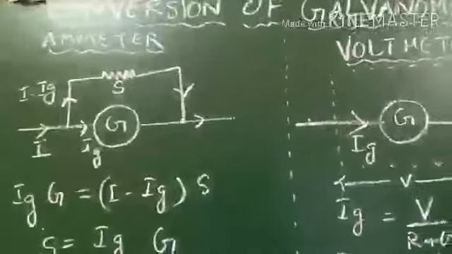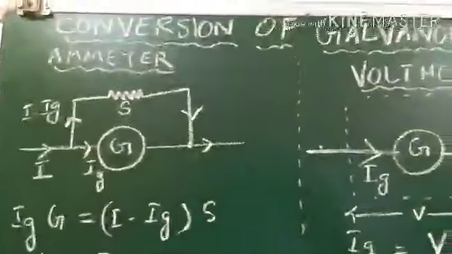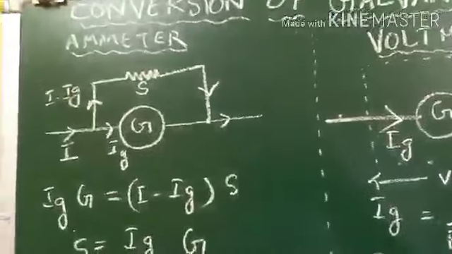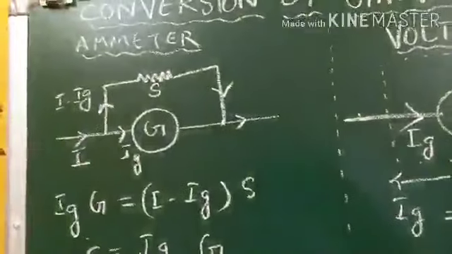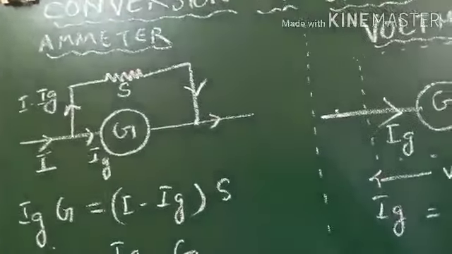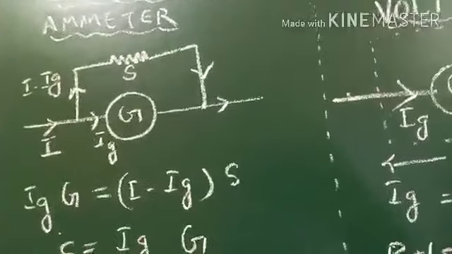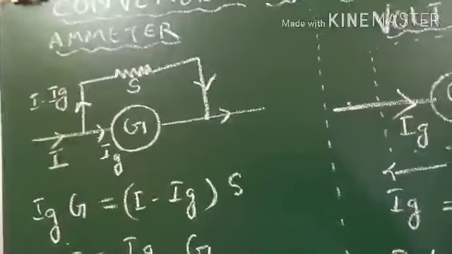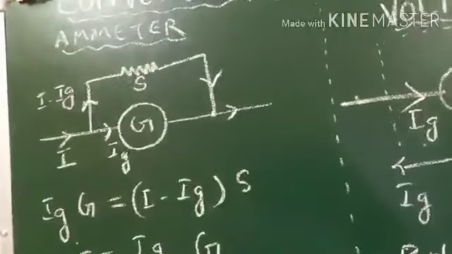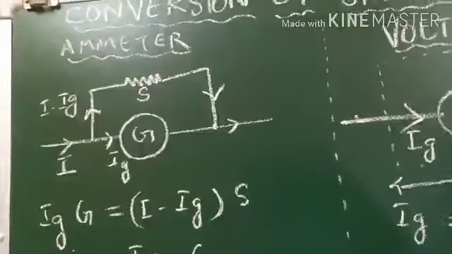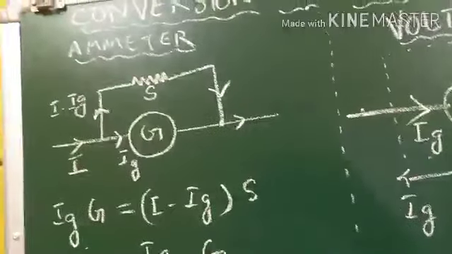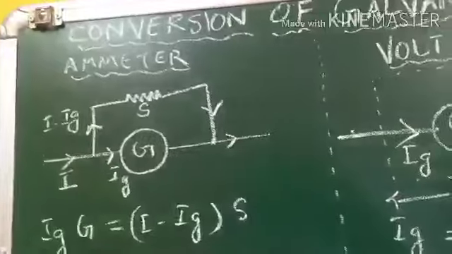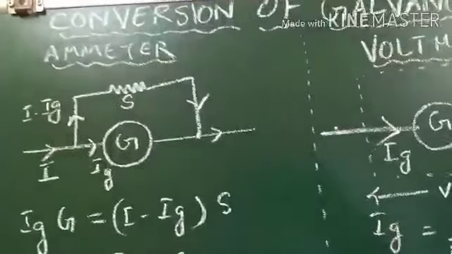So children, in detail we have discussed the moving coil galvanometer: the principle, the construction, theory and working part. Now, this ordinary galvanometer is a very sensitive instrument. Very sensitive in the sense that it gives full scale deflection even with a very small current, in terms of microampere. So to measure large current, this ordinary galvanometer we cannot use.